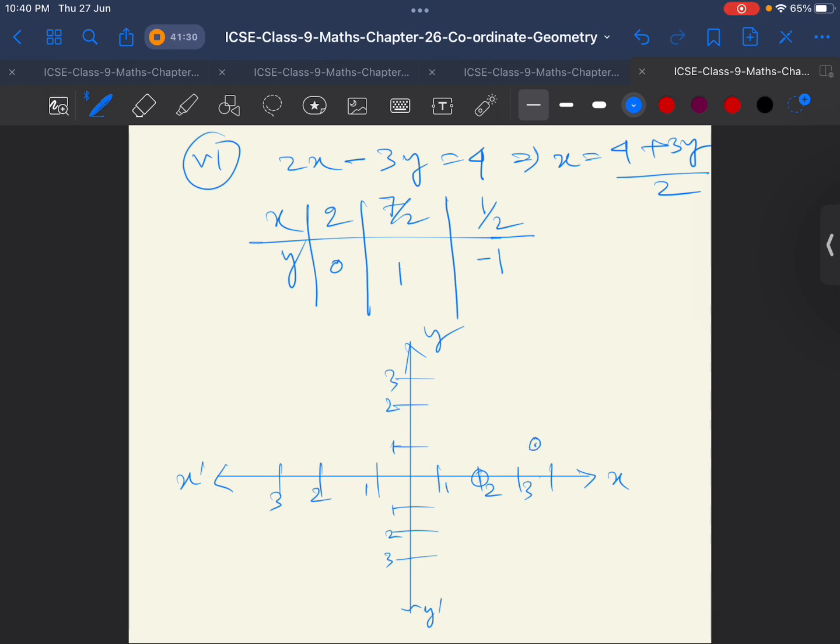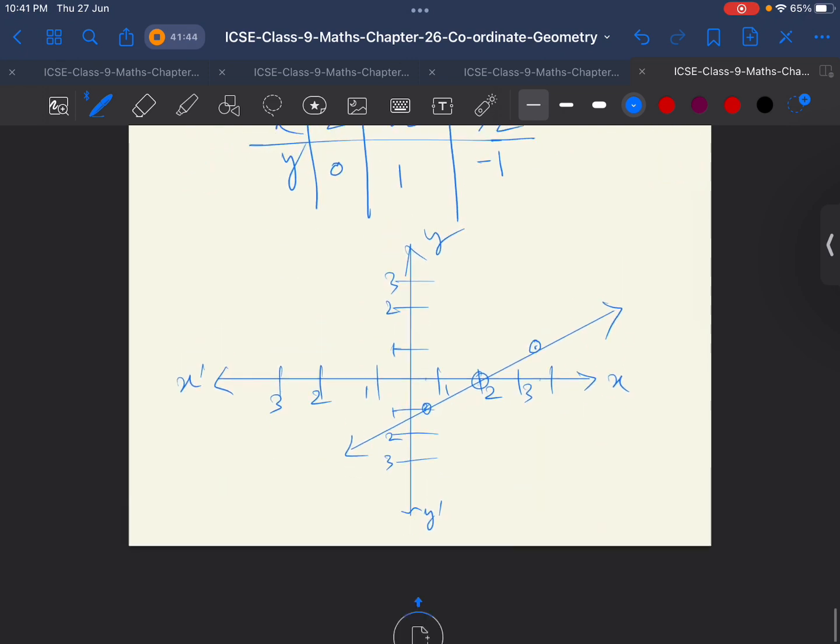The 1 point is here and 1/2 means 0.5 is here. Minus 1 will be here. So now we draw the straight line. This is the straight line. Okay,